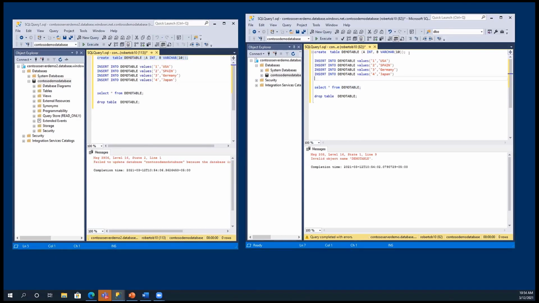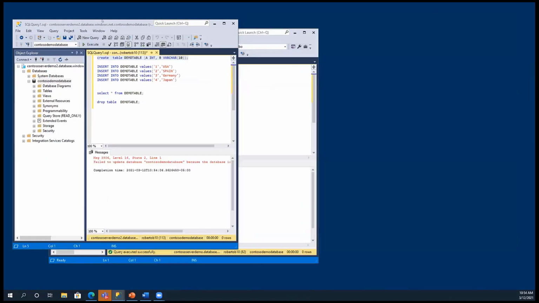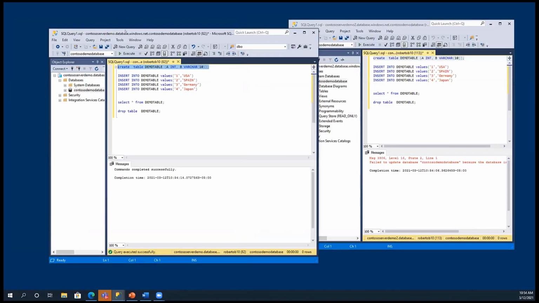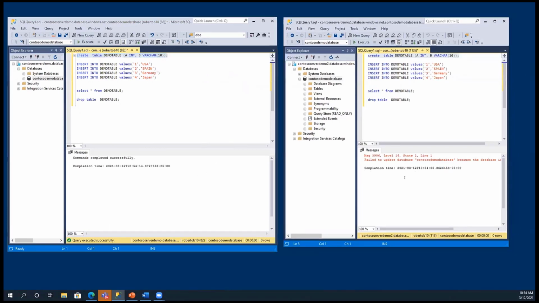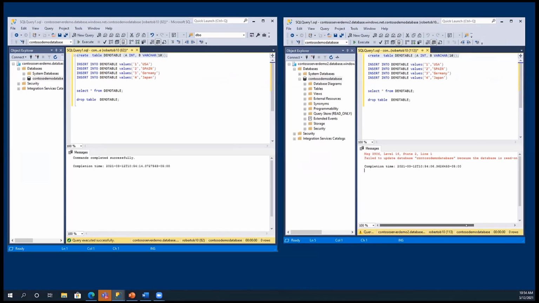Sorry, let me put this back. Yes, the primary is on the left, the secondary on the right. So if you can see, I tried to create a table on the secondary, and it told me no, this is a read-only database, as you can see in the error message, and that's correct.